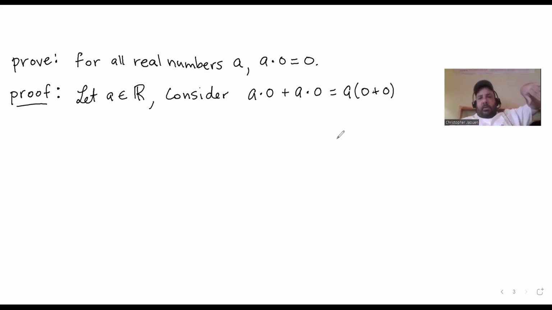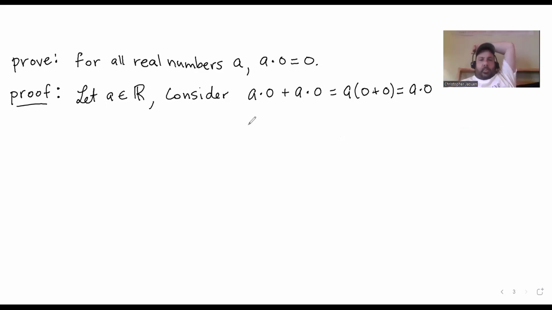So I just distributed out, factored out the A. And then 0 plus anything, remember, doesn't change the value. So 0 plus 0 is just 0. So this is A times 0. Right, and so we have the new equation A times 0 plus A times 0